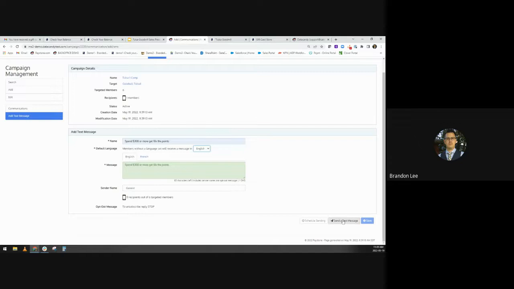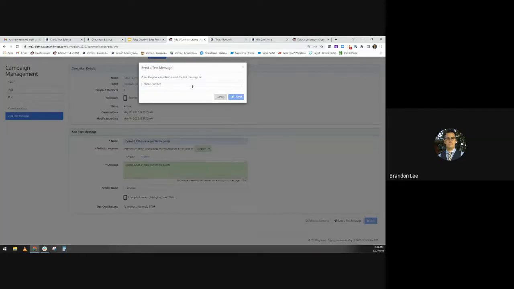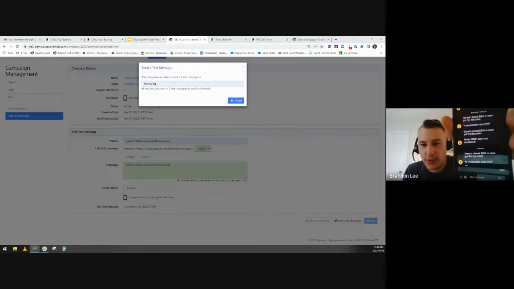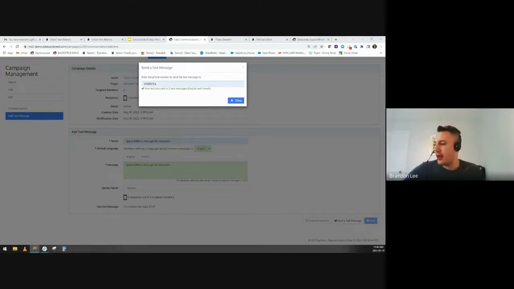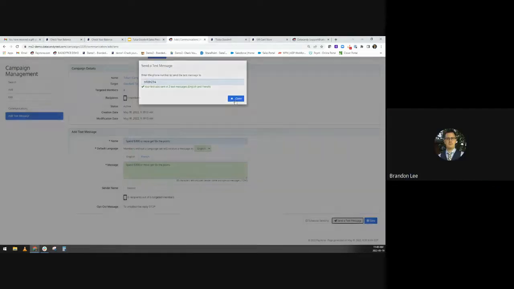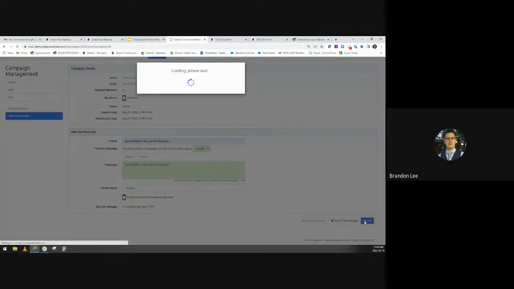Now I want to send myself a quick test to make sure the text is good to go. I'm going to send it to my own cell phone number. Click send. Okay, just give me 1 second here. So if I reactivate my camera, you can see here, I just received the text. Okay, so I just got that. I look at the text, looks beautiful. I'm good to go. All right, from here, I close, I click save,